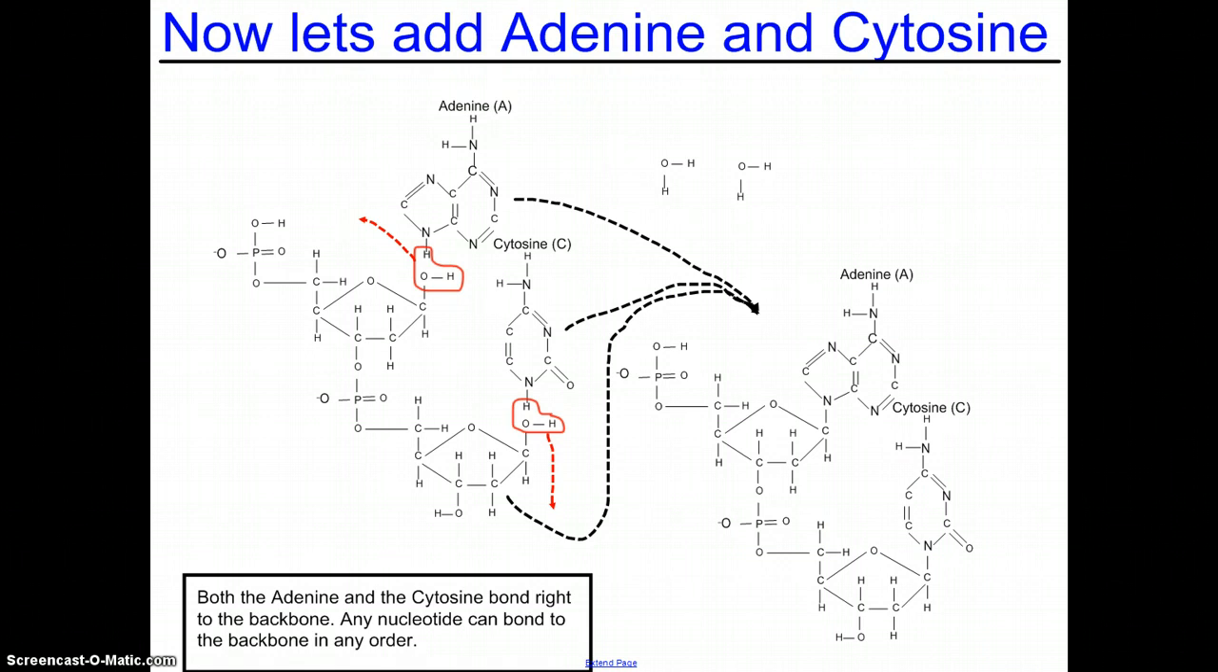Now notice where the nucleotides bonded. They both bonded in the same spot. Do you think this means that only specific nucleotides can bond in specific spots? No. No, they can bond in any order. But the order that they bond in is crucial for how the DNA is read. All right, let's move on and see